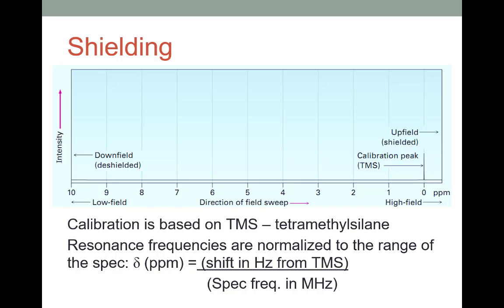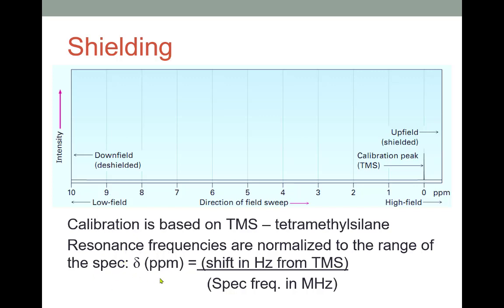The numbers are based on this molecule that sometimes is included in the sample as a reference point. Sometimes it's not anymore, but that was tetramethylsilane, TMS. That has been set by the field to have an absorption of 0. So 0 ppm right there. Everything else is relative to that. And the reason that we can use this consistent scale on the bottom, regardless of what instrument you're choosing to use, is that